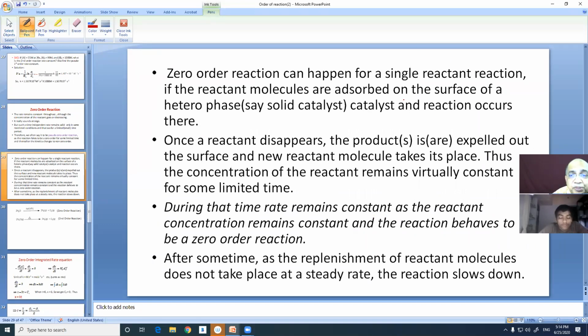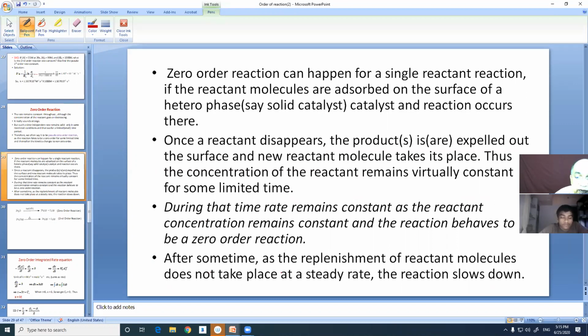Once the reactant disappears, the product is expelled out from the surface of the catalyst, and the new reactant molecules take its place. Thus, the concentration of the reactant remains virtually constant for some limited period of time. During that time, rate remains constant as the reactant concentration remains constant, and the reaction behaves as a zero order